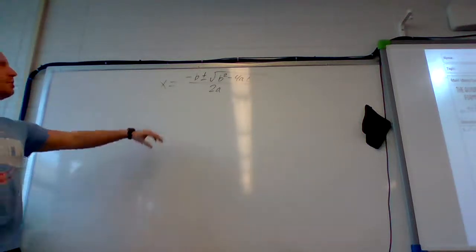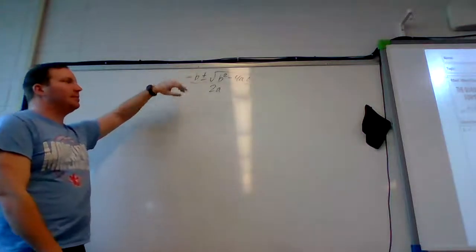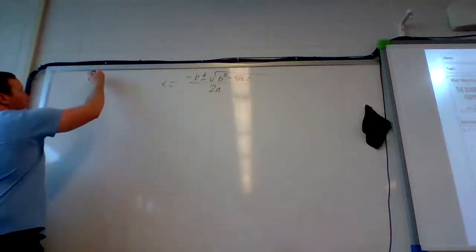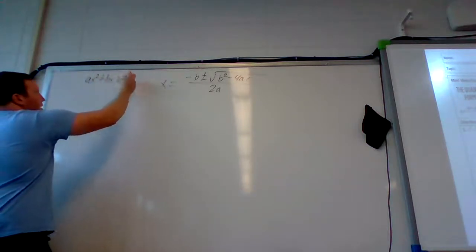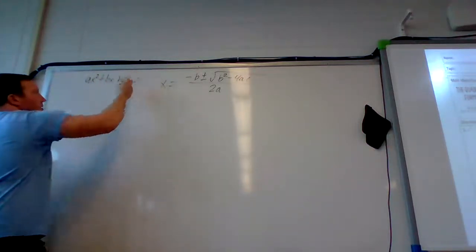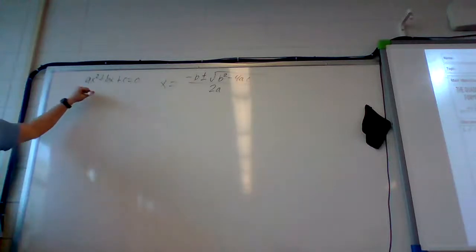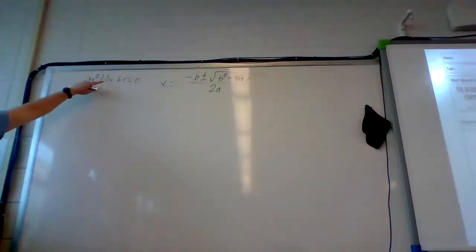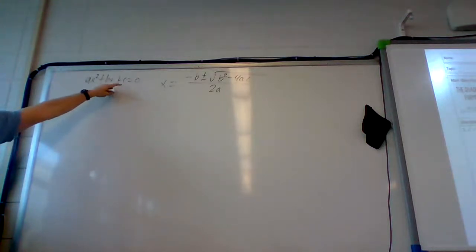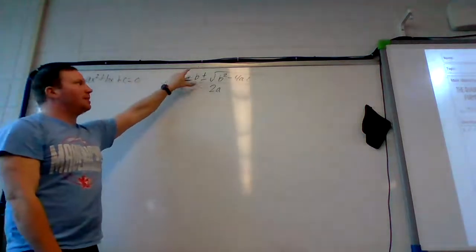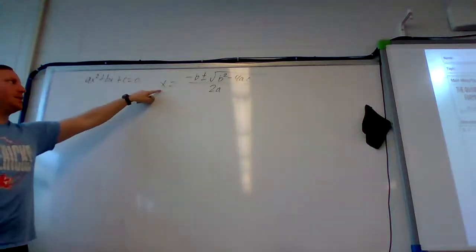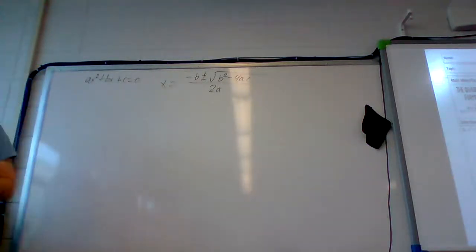So this is one method that we can solve for any quadratic. Again, that's based off of our ax squared plus bx plus c equals 0. So that's our standard form, where our a is our leading coefficient, our b is our coefficient attached to x, and c is our constant. So we can use that and plug it into this, and we can solve for our x-intercepts, zeros, or roots